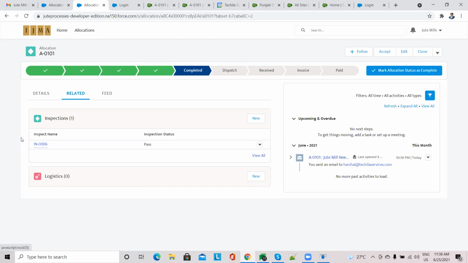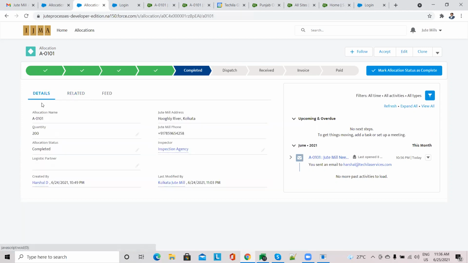So right now, what I'm telling is that in the jute mill login portal, they must see whatever their current PCSOs are, whatever they have inspected, and whatever is pending. A summary sheet kind of thing, after login. That we can always do.